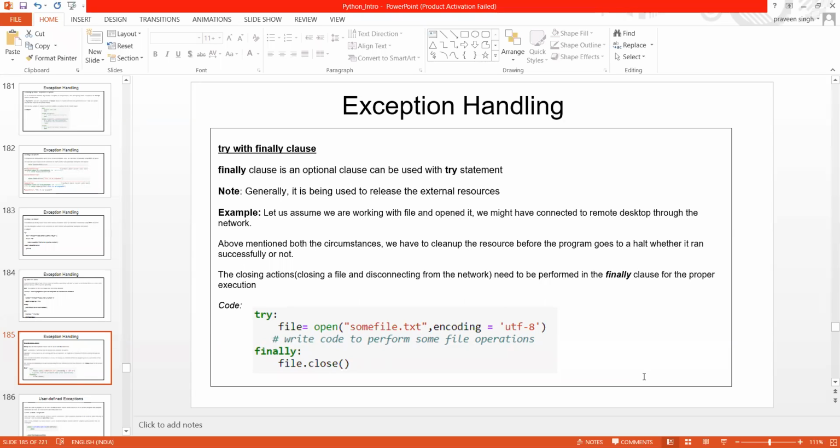And in the same manner, suppose you have logged into some system through a remote desktop, and somehow you got disconnected. All the resources which you have opened inside your remote desktop are now unutilized, because you are idle and you kept it idle actually. So that is what I'm trying to make you understand.